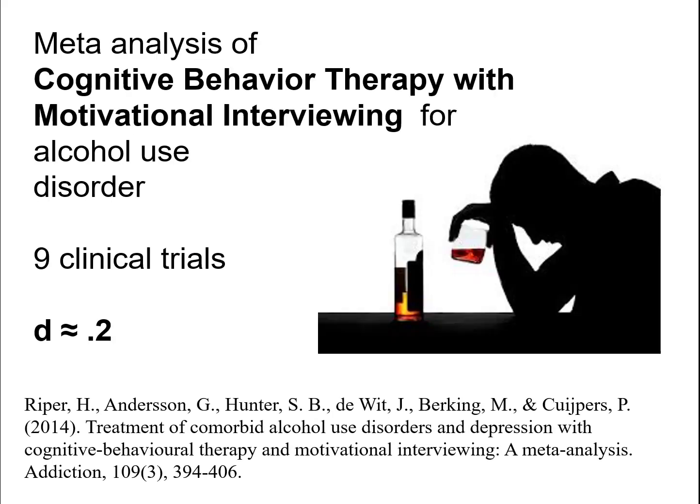And finally, what about a d-statistic of 0.2? This would be a very small effect. So what's an example of something that is very difficult to treat that produces a d-statistic of only 0.2? Well, one example of this would be cognitive behavior therapy with something called motivational interviewing for treating alcohol use disorder,